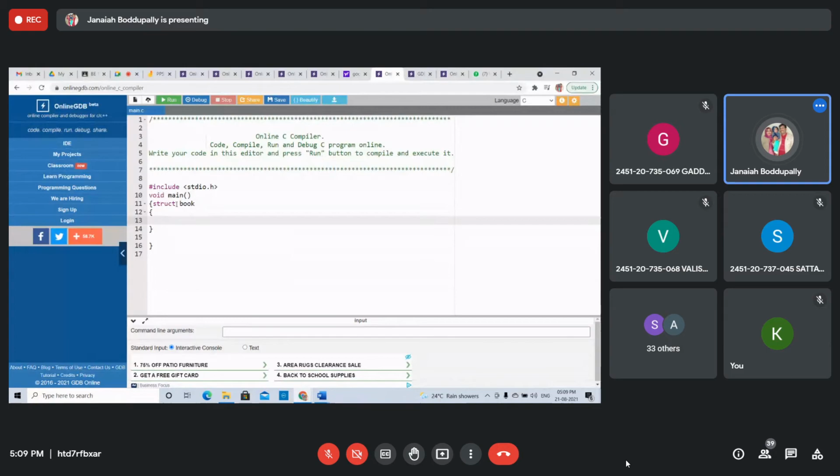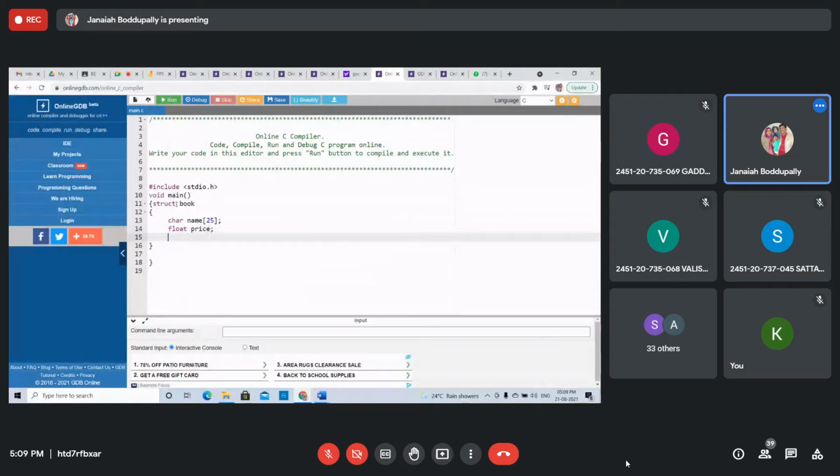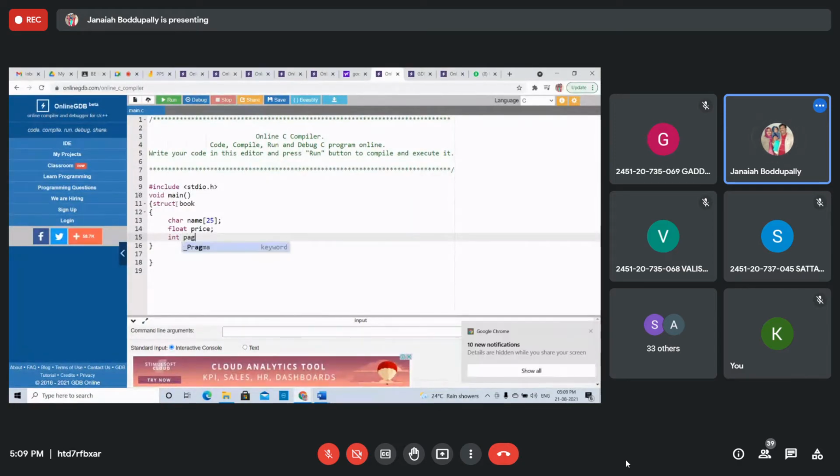Structure elements are char, name of the book. Next, one more structure element, float, price. Next, int, pages. I'm taking three structure elements.